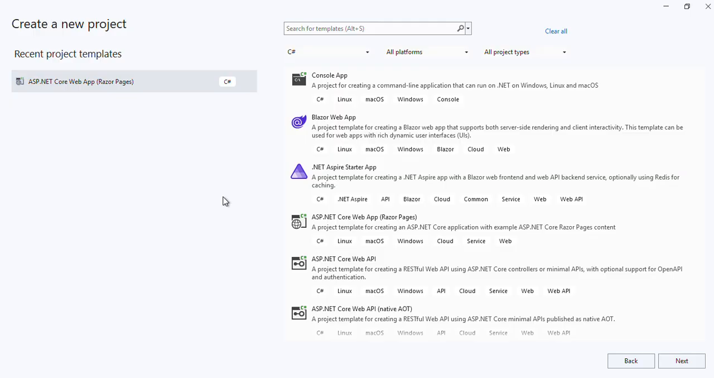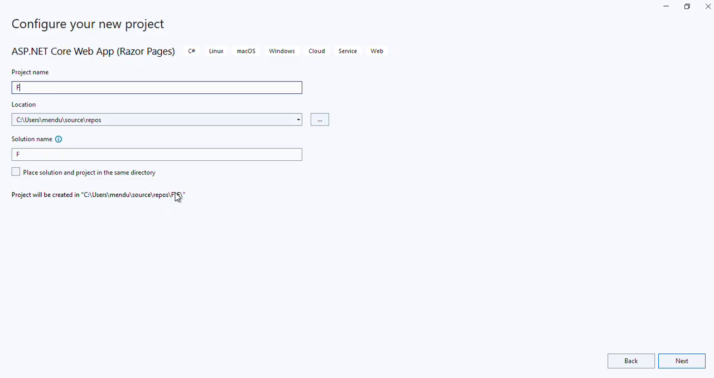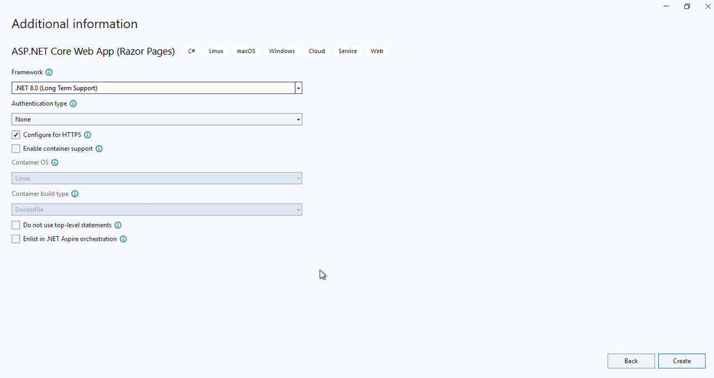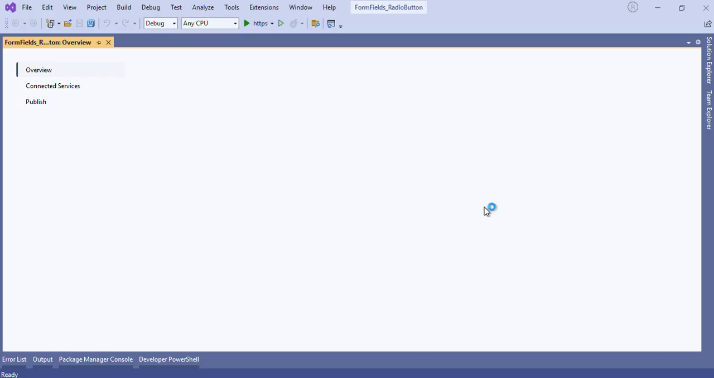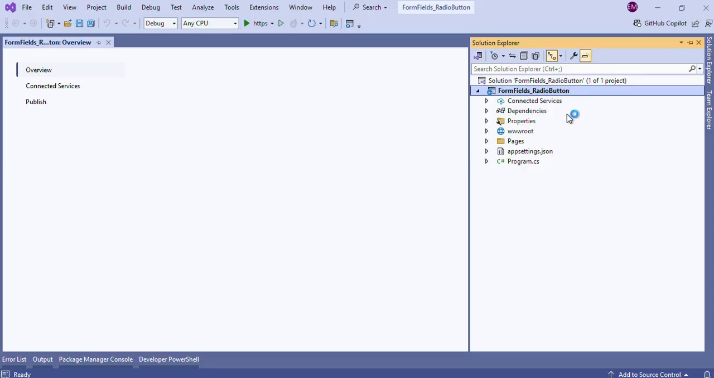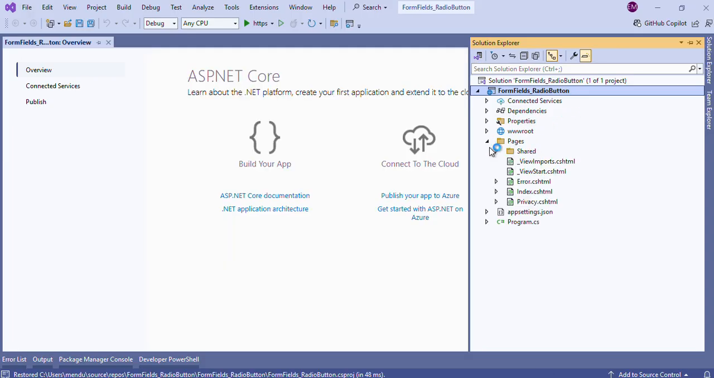In this video, I will show you how to use radio button in Razor Pages. So let me create a new project. I'm currently on the form field series, so I will use radio button. Let's create a radio button project. Let's use .NET 8 while I'm recording this one. Once we create the project, let's go to the Solution Explorer, and in the index page I